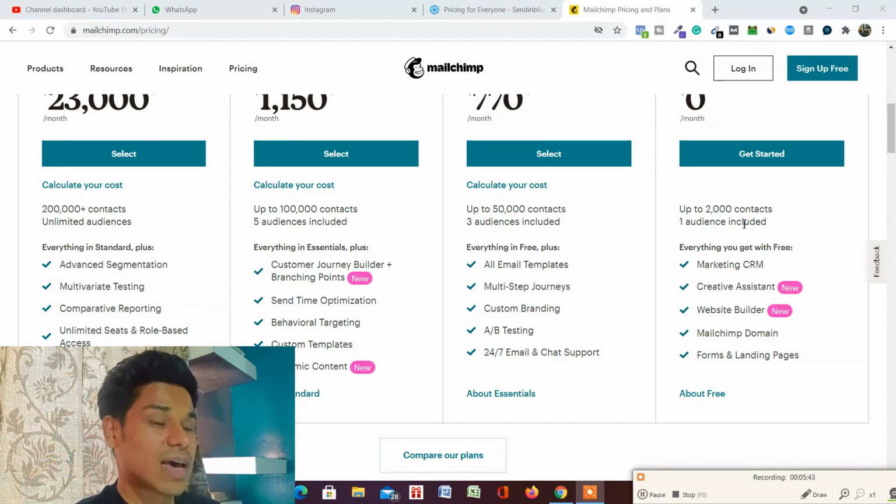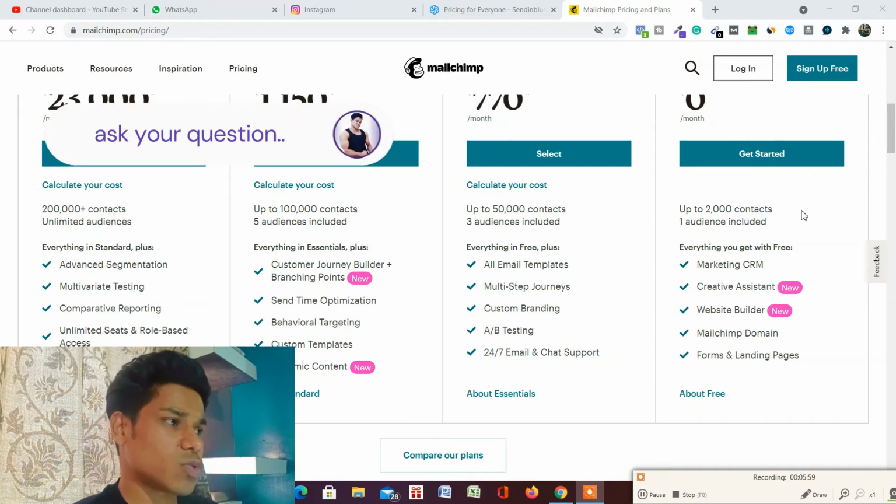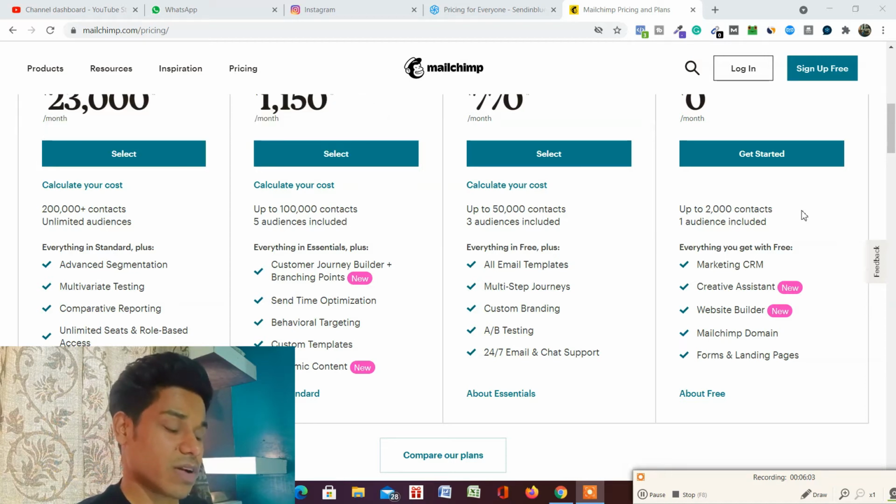So when we run those campaigns, we have a different audience for different products, a different audience for lead generation, for form fill-ups. So we have different audiences, but here we can only create one audience, and I don't think that is going to help you. When you provide any kind of service, you have a large audience, and we have to nurture those audiences at different levels. So this is the drawback which we have in the free version.